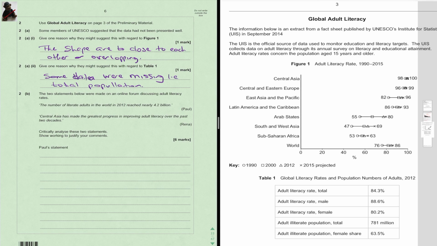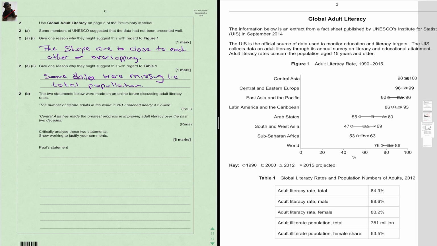Question 2b. The two statements below were made on an online forum discussing adult literacy rates. The number of literate adults in the world in 2012 reached nearly 4.2 billion, said Paul. Central Asia has made the greatest progress in improving adult literacy over the past 2 decades, said Rina. Critically analyze these two statements. Show working to justify your comment. So regarding Paul's statement,